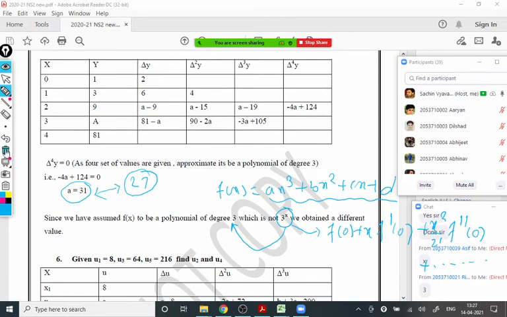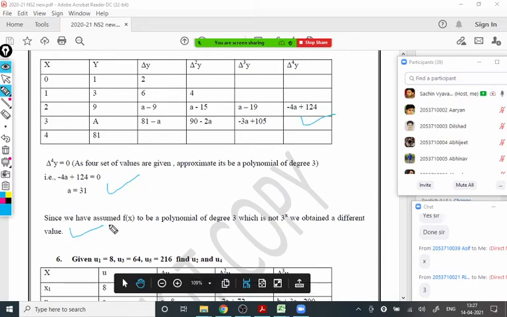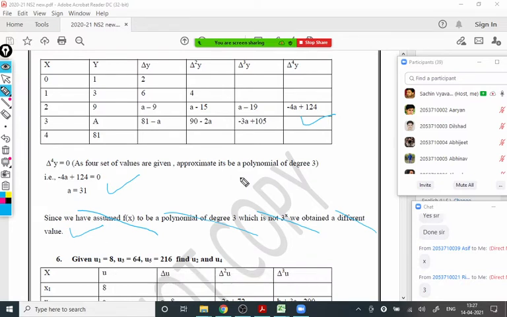So when this question comes in the exam, you have to write like this only. You should find missing values like that, and if the second part is there, you should mention that thing. But generally in a 2-mark question, this second part is not asked. Only find the missing value from the table. That will be the question, and you have to find it by a difference table only.